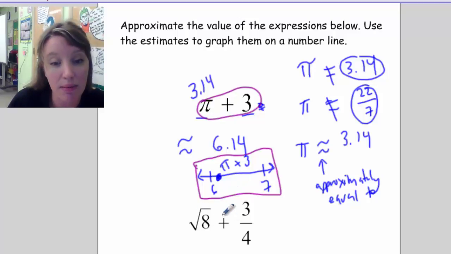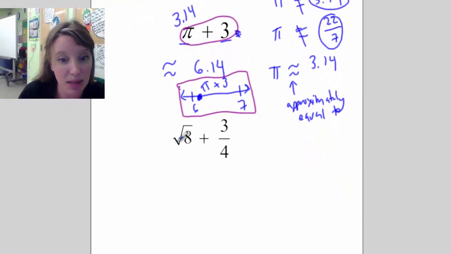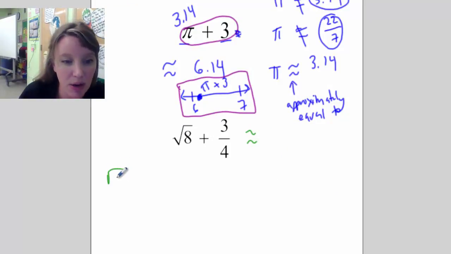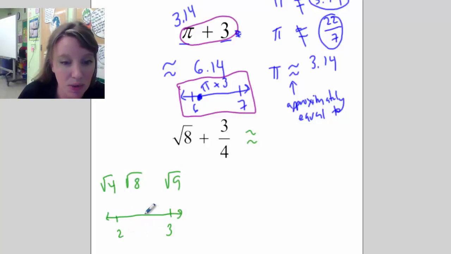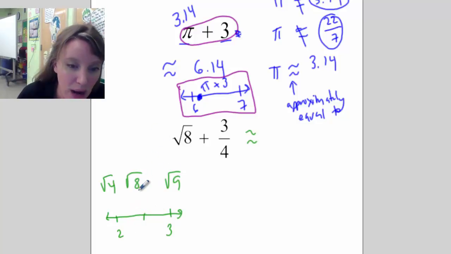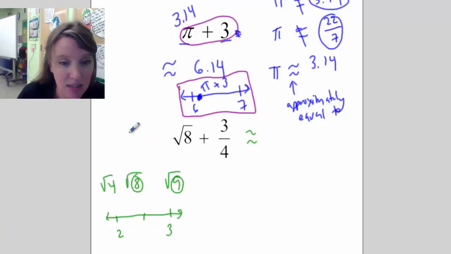So if I am going to estimate the value of this, let's first estimate the value of the square root of 8. Now, the square root of 8 is between the square roots of 9 and 4. So that means it's between 2 and 3, like you've been taught how to do. Let's think about if it's to the right of 2.5 or to the left. Well, the number underneath the radical is called the radicand. The radicand of 8,